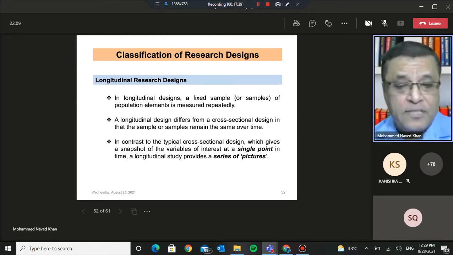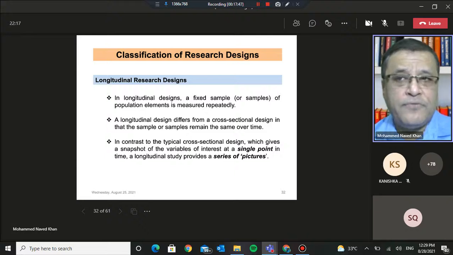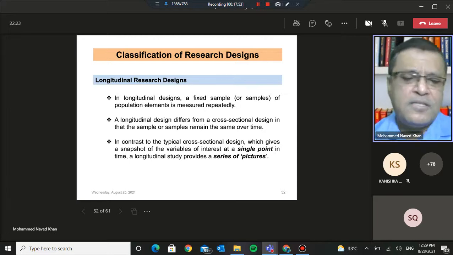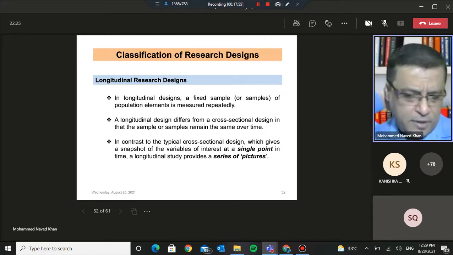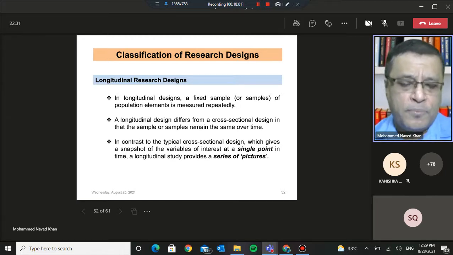So longitudinal studies may last for years together. For example, in some of these studies, you may find the researchers continued interacting and getting feedback from subjects of interest for 20 years, for 30 years. Though, of course, in the kind of studies that we do, it is not possible, because the objective is different, and the things being researched are very different from the studies that we do, for example, from the point of view of doctoral work or writing a research paper or a term paper.